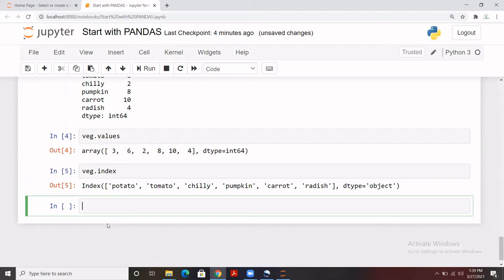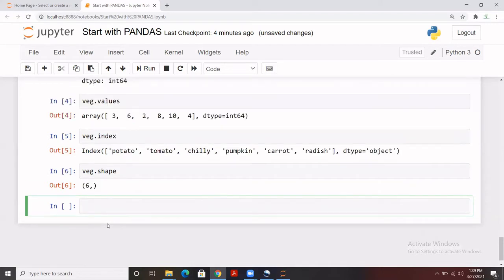Apart from this, for example, you want to check the shape of the series. Yes, we can check that as well. I believe you remember we applied those attributes in NumPy arrays as well. Similar to that, we can apply them here on a series as well. So it has given me 6. What exactly is the 6? 6 means the total number of records that we have in that series. If you count, 1, 2, 3, 4, 5, and 6. Shape gives the number of elements that we have in the series.